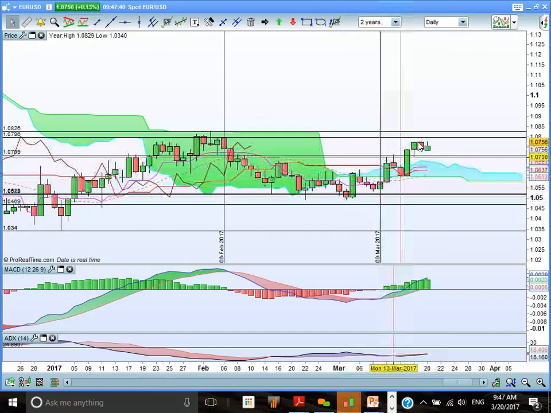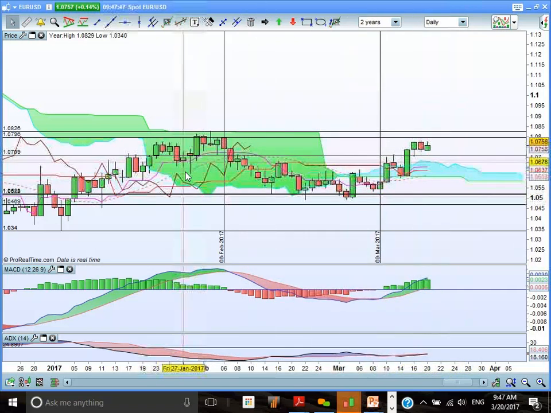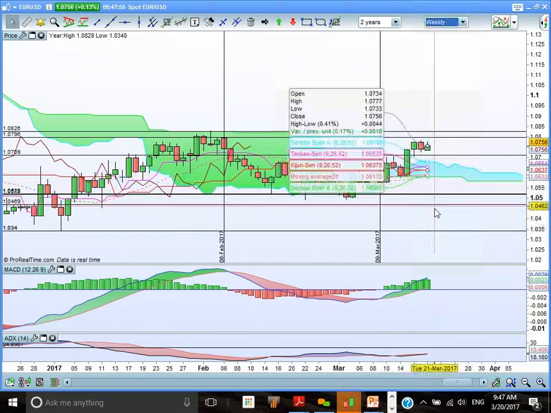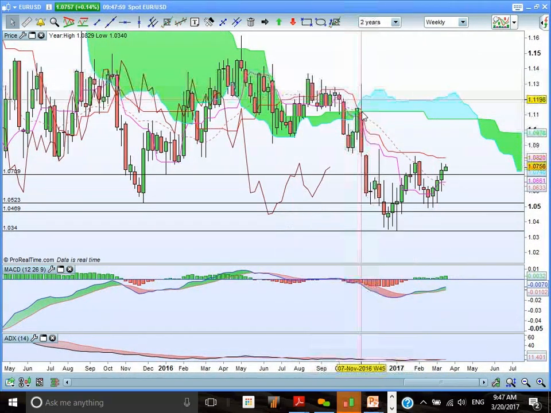below the cloud here. The cloud is now still a significant support zone, but it's range bound, so it's not a particularly nice market to trade from a cloud chart perspective because it's somewhat sideways moving, trading within two trading ranges. Okay, if we look at the weekly one, we can see collapse through the bottom end of the cloud